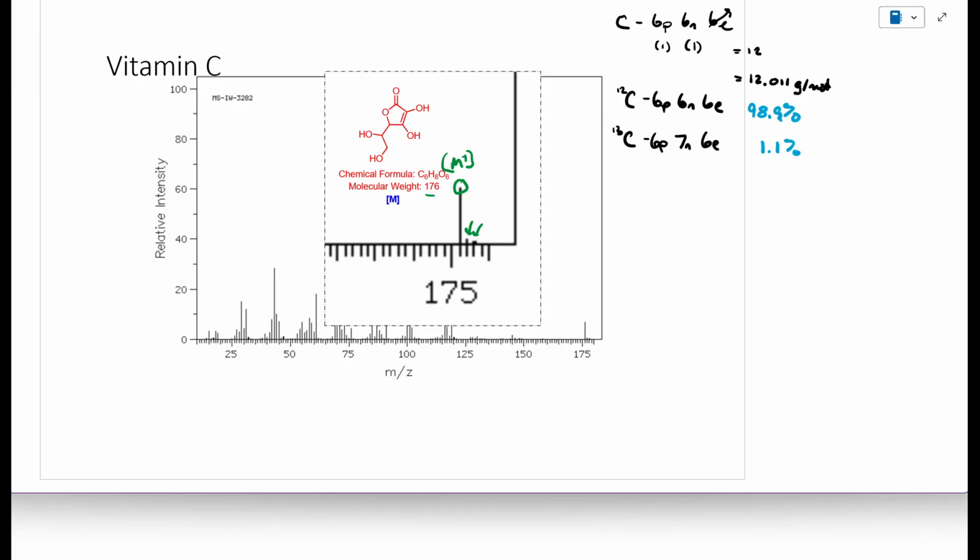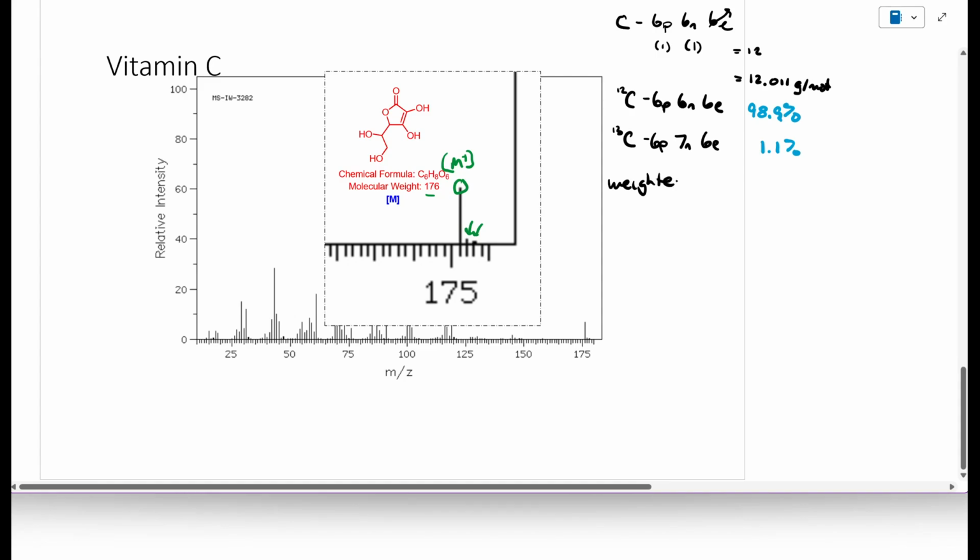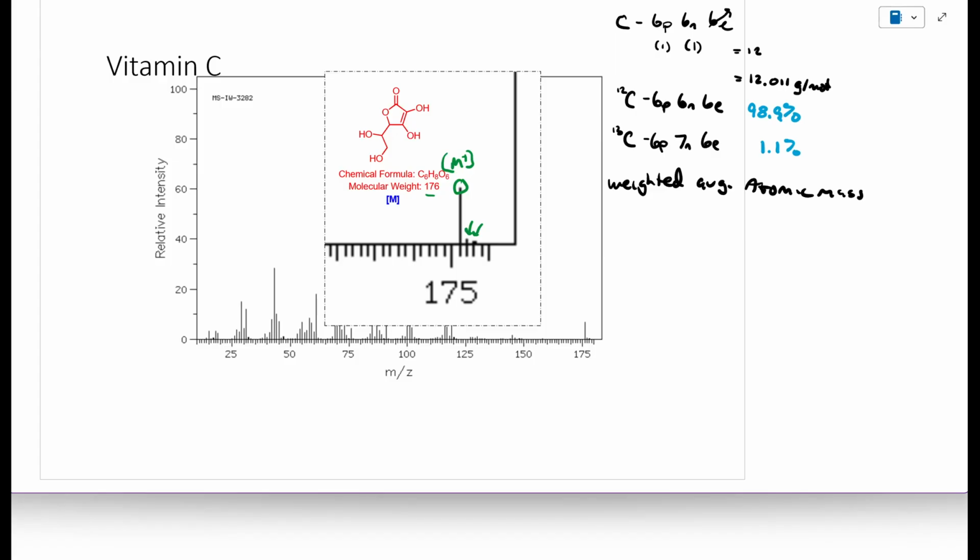So if you were to take a random scoop of carbon in bulk, you can't really say that the atomic mass is 12 grams per mole, because some of them are carbon-12 and some of them are carbon-13. And so that's where we get the concept of the weighted average atomic mass. The way we figure out the weighted average atomic mass, and where all the masses of the atoms on the periodic table come from, is we take the atomic mass of one of the isotopes, so carbon-12 should have a mass of 12, and we multiply it by its natural abundance in the universe. So carbon-12 is 98.9% abundant, so we multiply it by 98.9%, or 0.989,